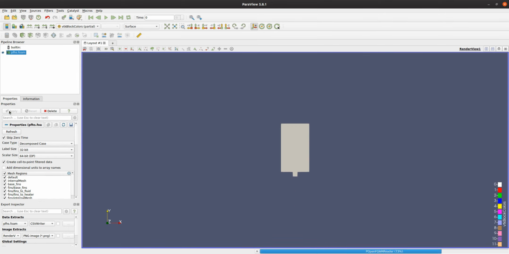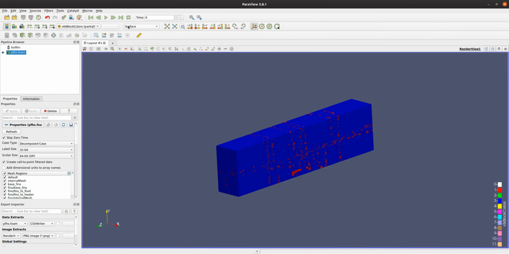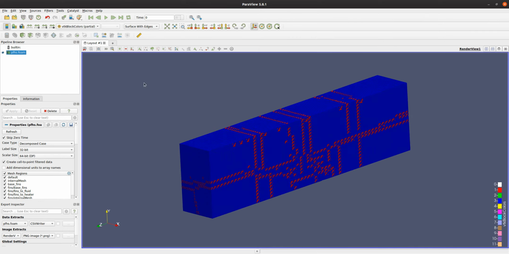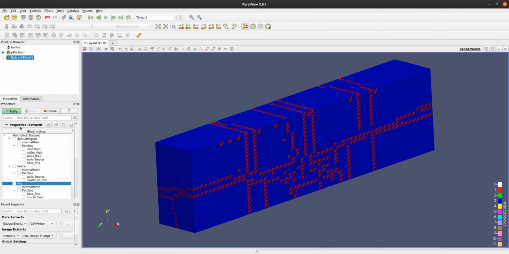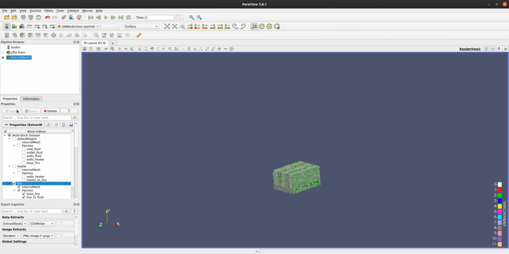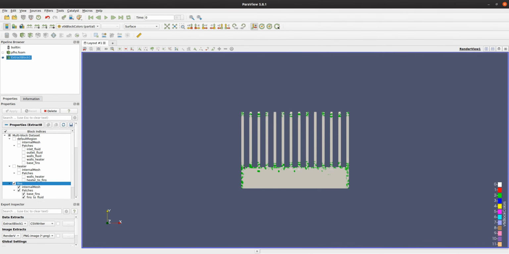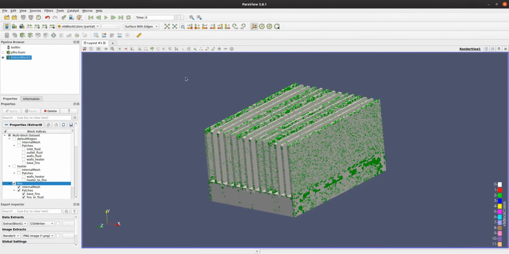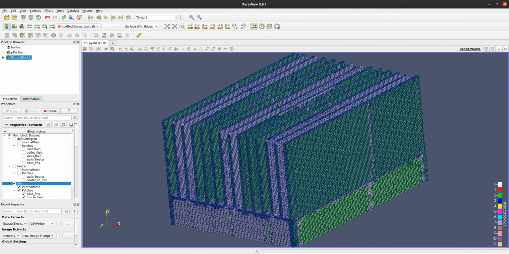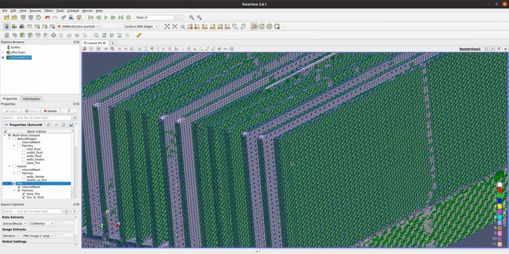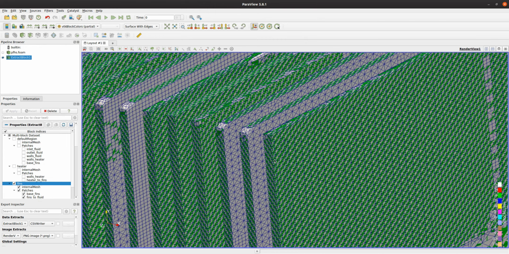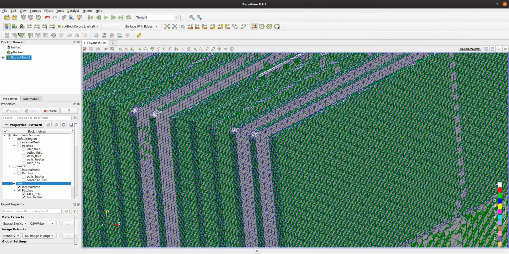And I will select all the regions, and I can see, for example, the fins, and now we have a much better representation of the surface and a much larger number of cells.